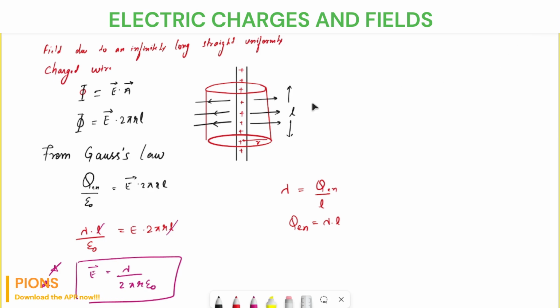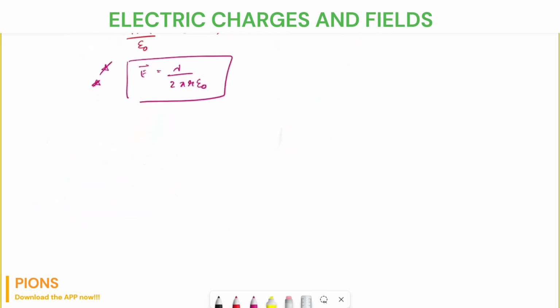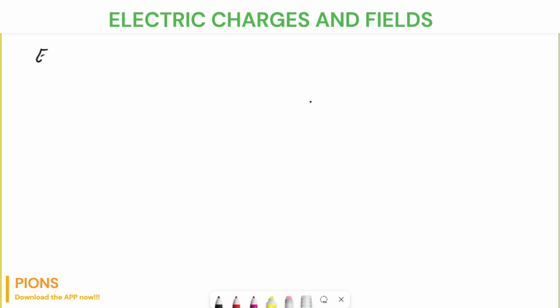Okay, so in the previous lecture we discussed the electric field due to an infinitely long straight wire, and that was our first application of Gauss law, right? Now let's see, there are two more applications of Gauss law. So let's move to our next application. The next application is due to a sheet. So let me write here electric field